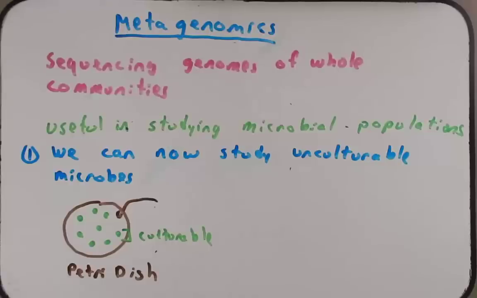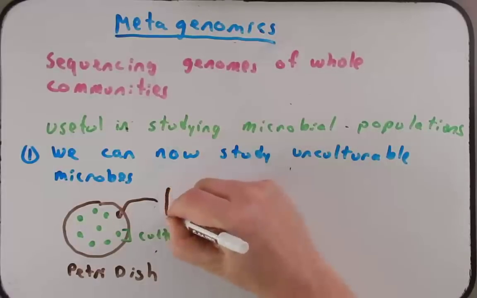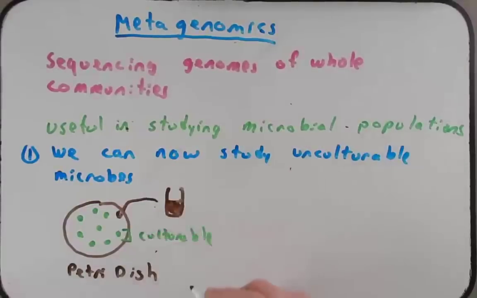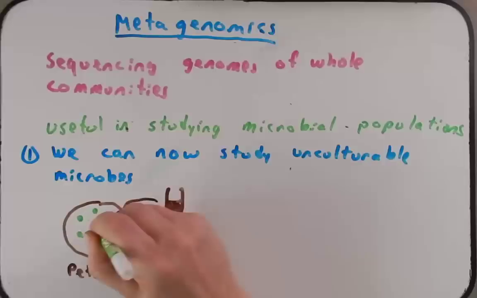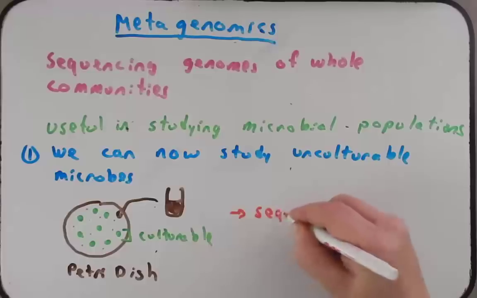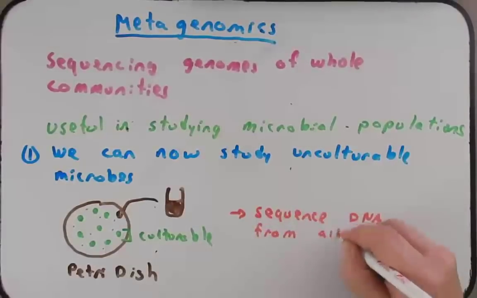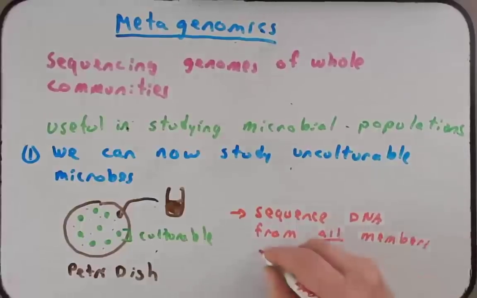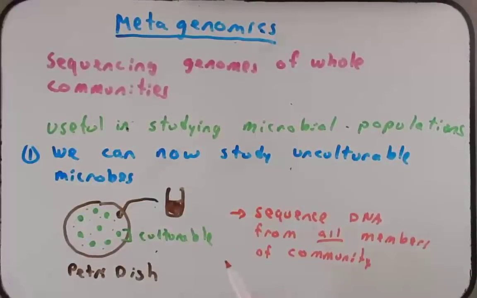But what we've learned is there were even more colonies present in this sample, we'll make this our sample here, that they brought from the environment. But several of these, I'll just make a dot here, weren't able to form a colony. They were not culturable. However, we know that these must be important because they were in the environment, but we couldn't study them. But now we can study them because we can take this entire community from the environment and sequence the DNA from all members of the community. Now we can finally start looking at some of these unculturable microbes because they don't actually have to grow in order for us to get DNA from them. We can learn a lot about the entire community that we couldn't before.